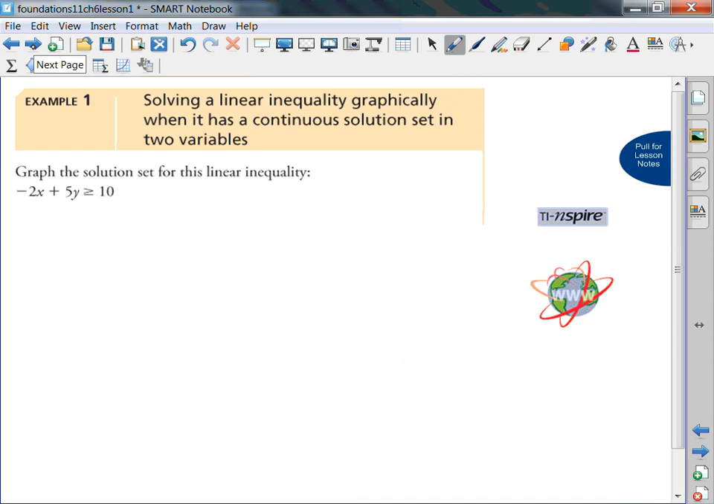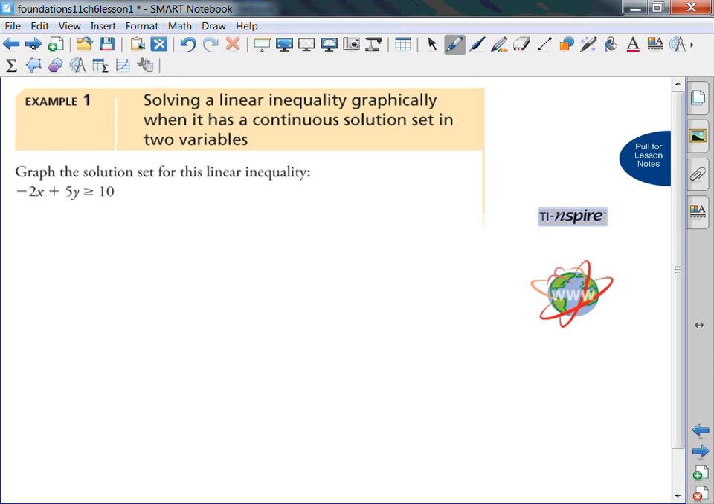Now, you were all asked to get graphing calculators. So we can do this on our graphing calculator, and that's what we're going to do now. The way we're going to do that is we're going to start again with our linear inequality, and we are going to graph it